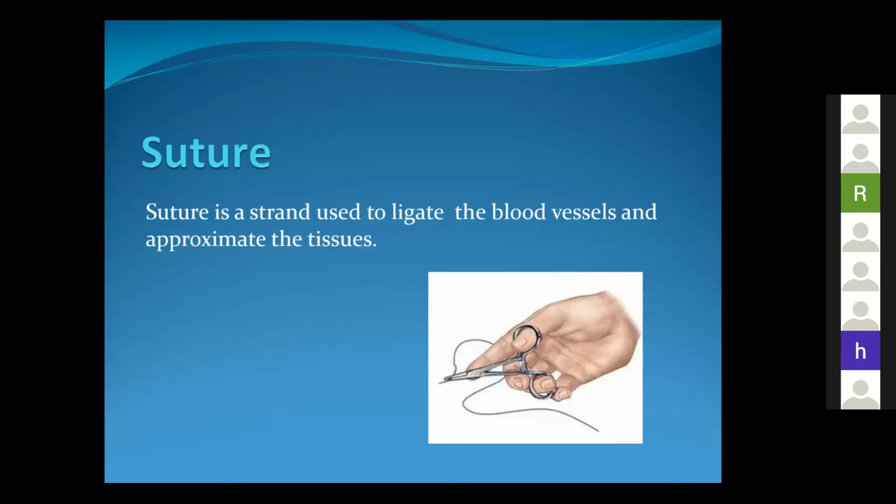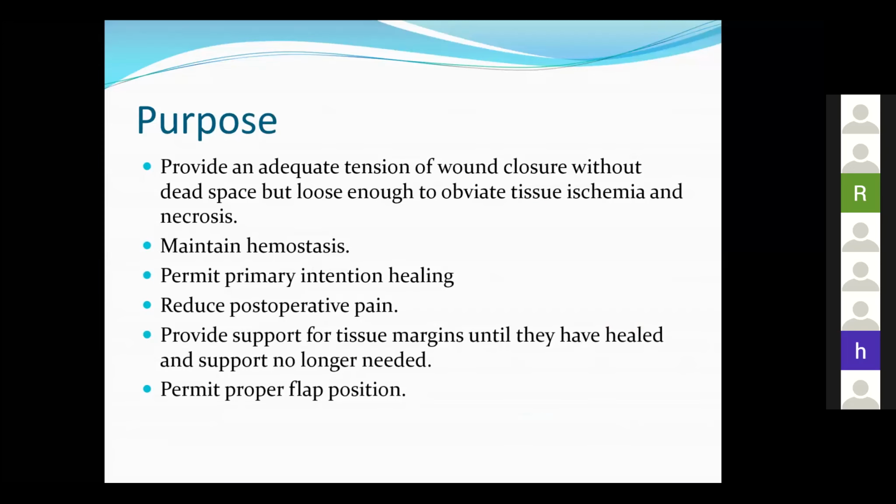A suture is just a strand or a thread which we use to ligate the vessels and to approximate the tissues together. It can be skin, subcutaneous tissue, muscles, or fascia, but we bring tissues together. The purpose is that by the time the wound starts to heal by itself, we approximate them